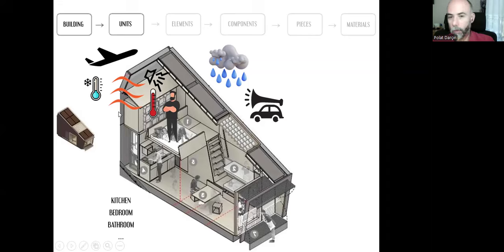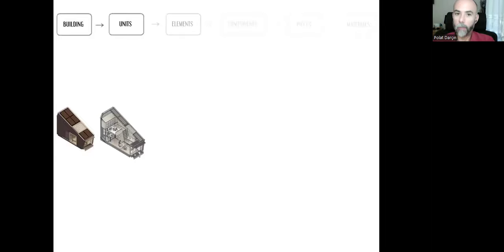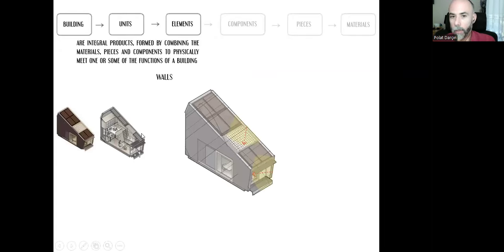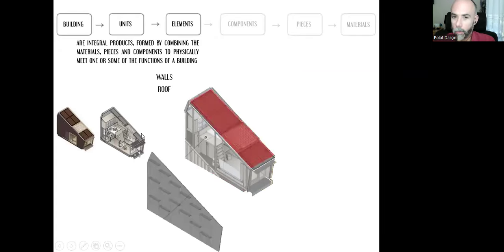And if we want to create a nice building to provide all these functions, either specific functions or general protection functions, we need building elements. These are the integral products that are formed by combining the materials, pieces, and components to physically meet one or some of the functions of a building. Those functions, preparing a food, protection from noise, protection from heat transfer, things like that, such as walls or roof